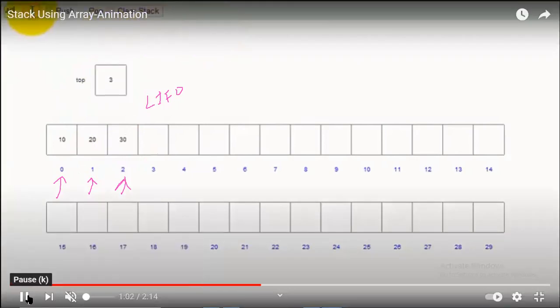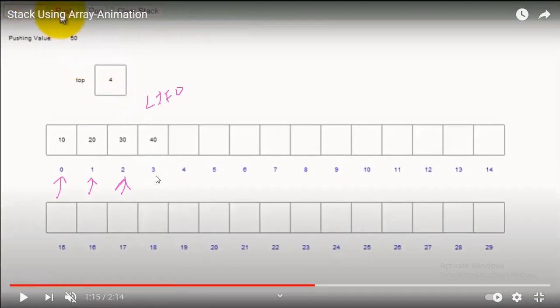Again you use a push operation, that is push 40, so the top has grown over here. With respect to our program, we have taken 0, 1, 2, 3, so the top position will be focused on 4, right? So you go on increasing by pushing values.